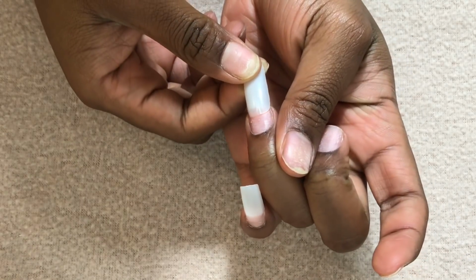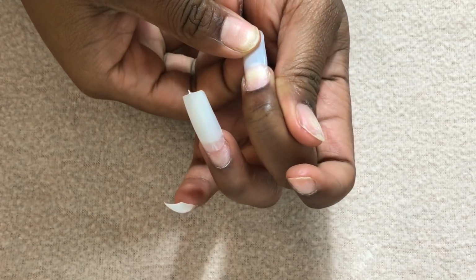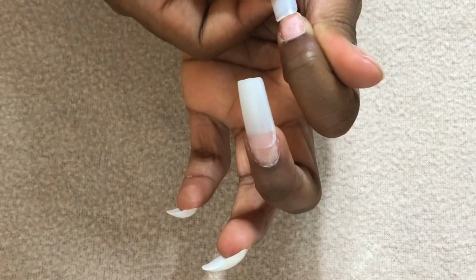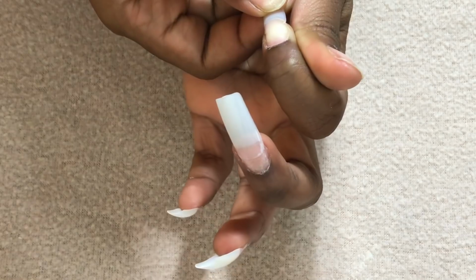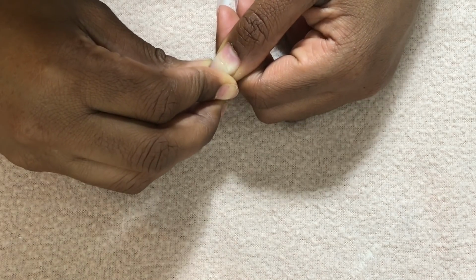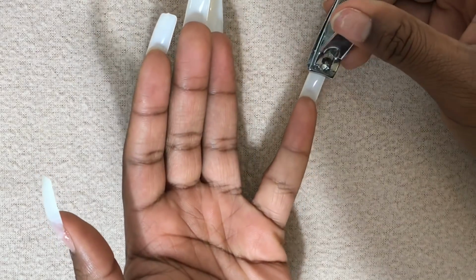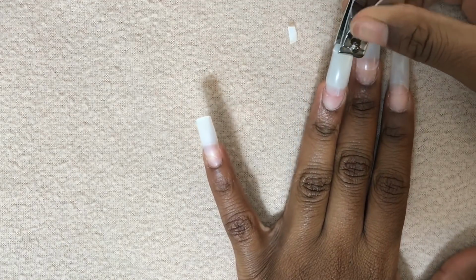And this glue took a little bit to dry, but it worked, and then I'm just gonna stick them on the correct finger size on all my fingers. And yeah, we're doing that. Okay, and then we're gonna stick on the thumb. Gosh, you see that glue takes forever to dry. But yeah, now I'm going to go ahead and clip the nails just a little bit shorter than they were,